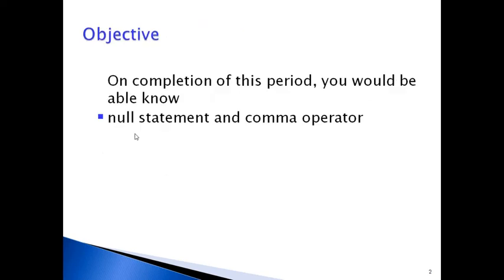In the last session we discussed nested loops. Writing a loop inside another loop is called a nested loop. The first loop is called the outer loop, and the loop we write inside is called the inner loop.